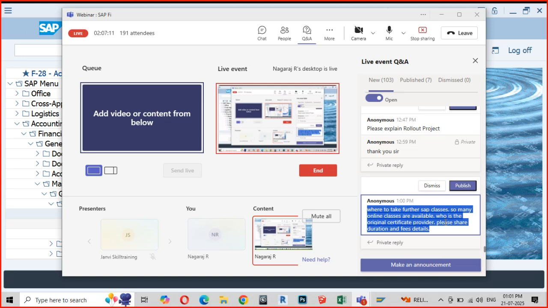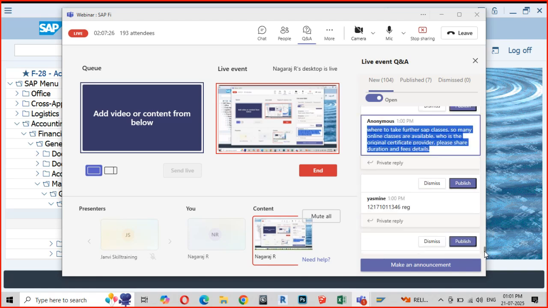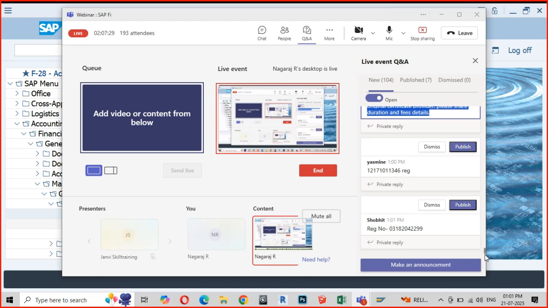It is up to you to find out which institute is providing an authorized certification and enroll yourself. The certificate will be issued by SAP itself. The institute will have no role in issuing the certificate on behalf of SAP. No, this will never happen.